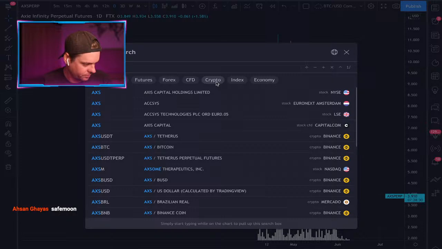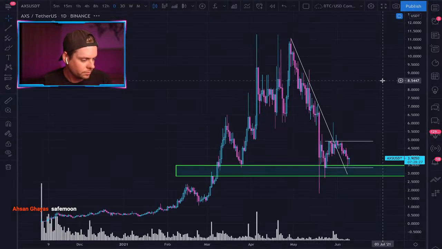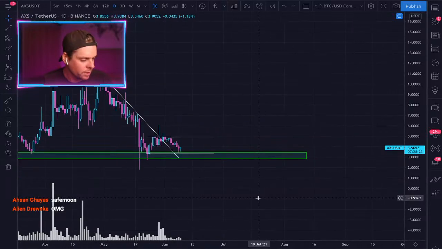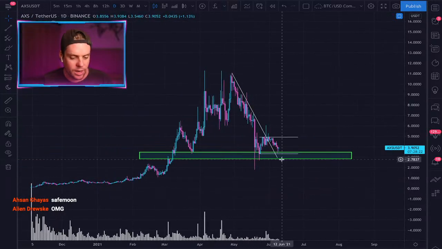AXS coin is holding support. Potential double bottom, but we're gonna have to see how this